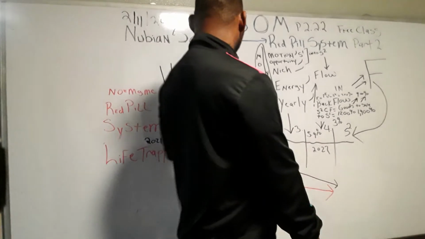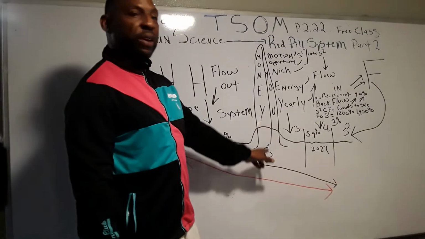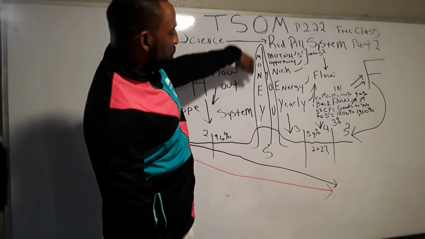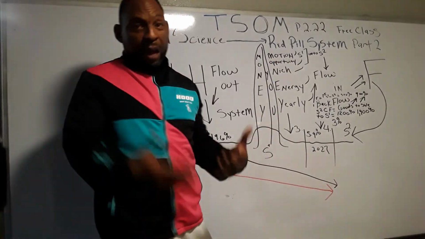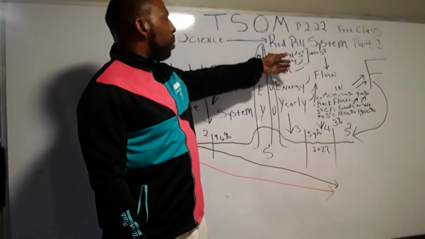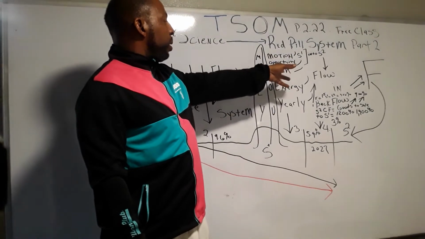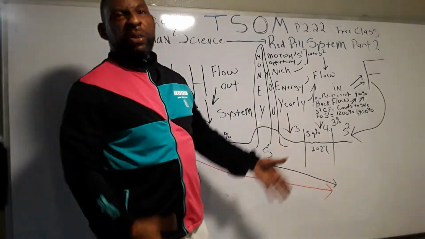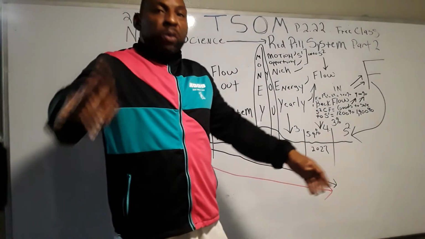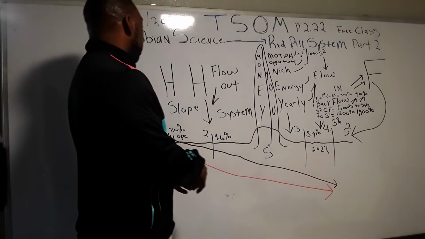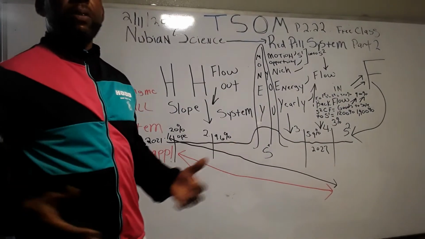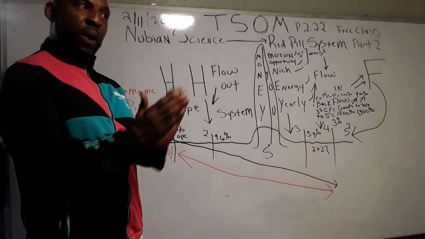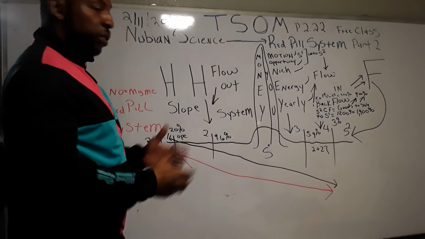You're caught up in a system where you, which is S1, are the money. You've got to realize it. You are the money. Why? Because all of these things come from you: motion, opportunity, niche, energy, and yearly flow. What's happened, though, is that oftentimes we're not aware,